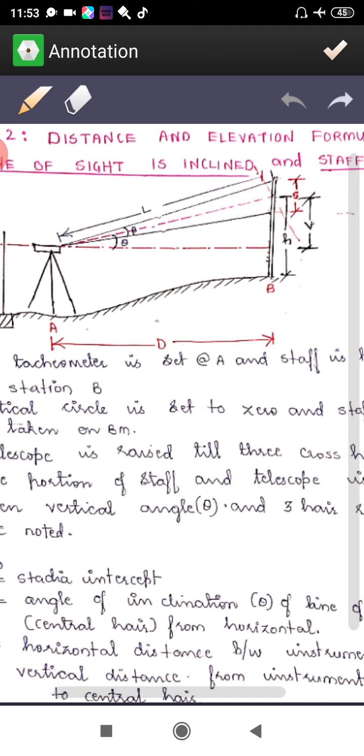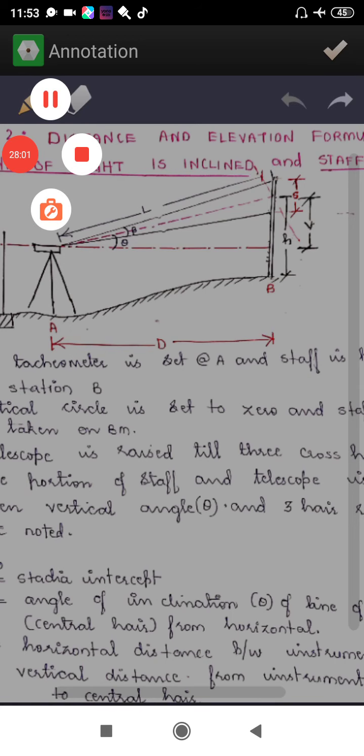Now with these details, what you have to do is determine D as well as V here. These are two very important things. Now if you take the triangle from the figure,